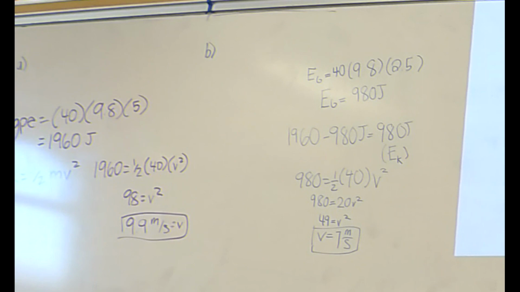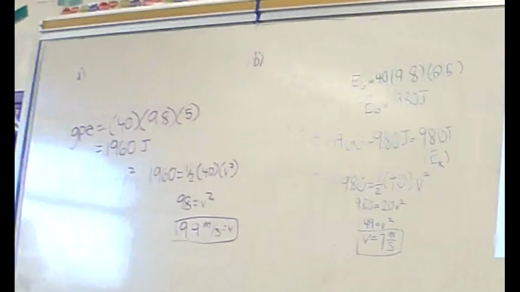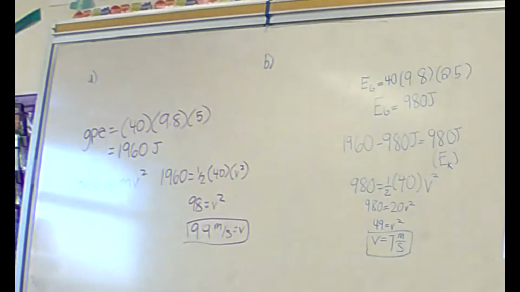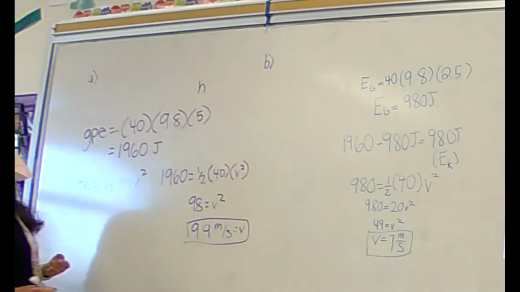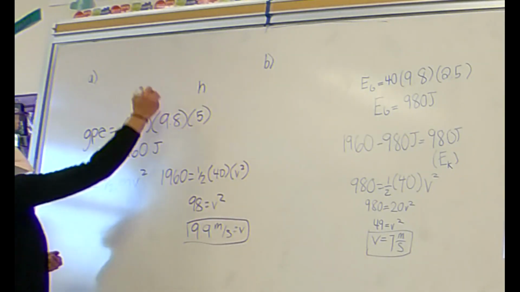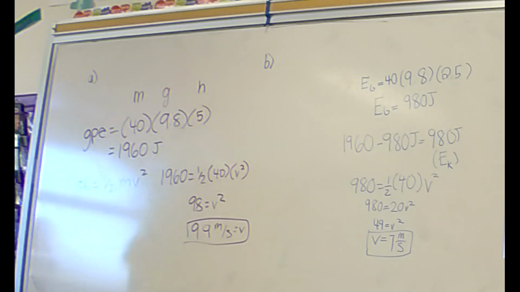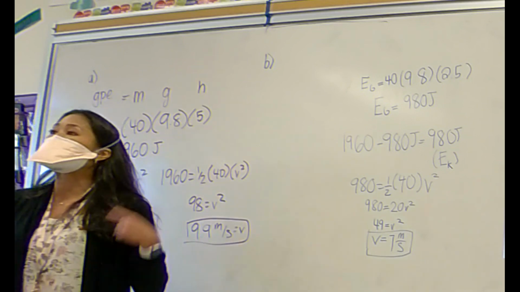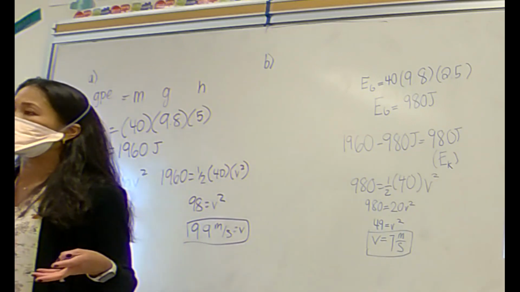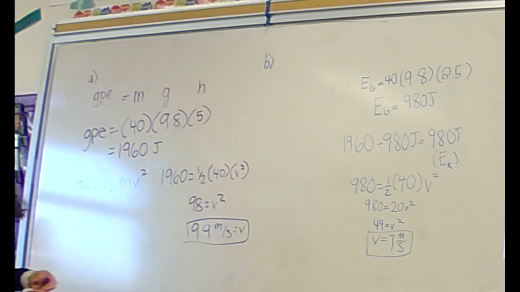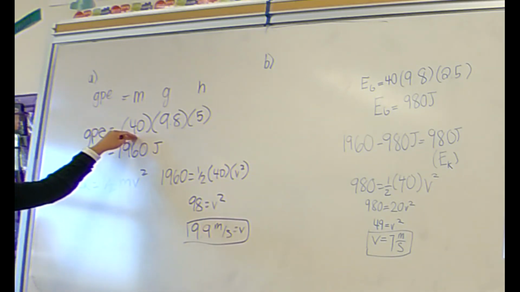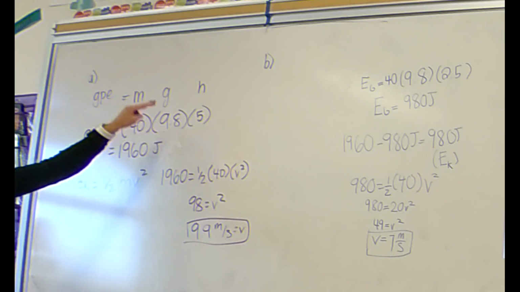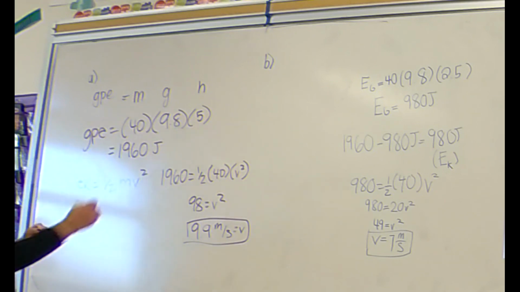Let's go into the problem solving. So here we are told that the height of our cart is 5. We're told the mass is 40, and obviously we've got our 9.8. This is our equation for gravitational potential energy. You want to make sure you know how to use it. You want to know where it is in your physics helper. And so you're going to plug in your 40 kilograms times 9.8 meters per second squared times 5 meters, and then you get